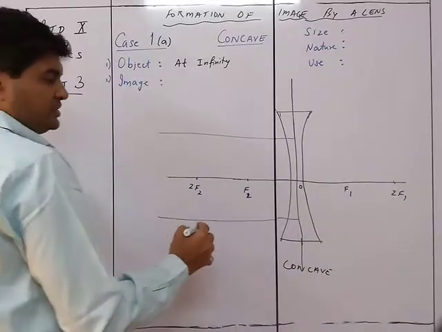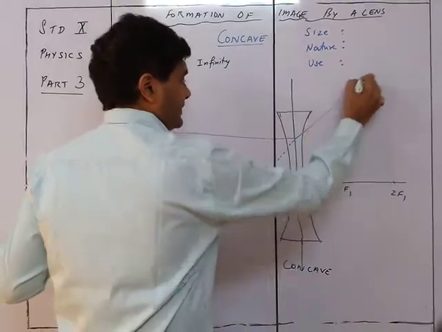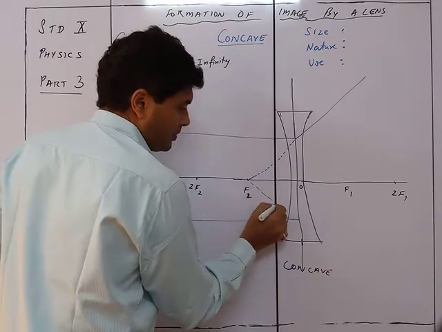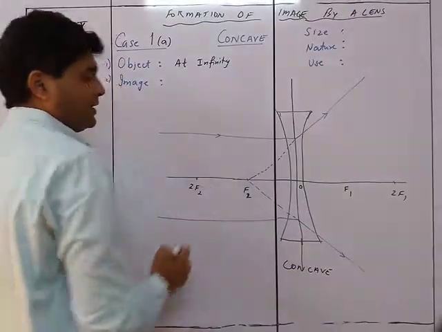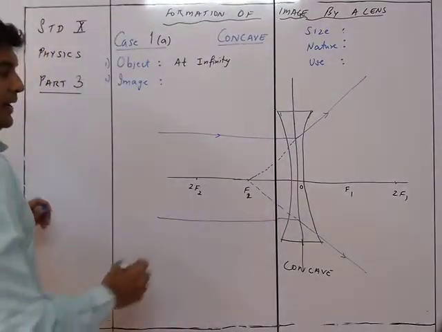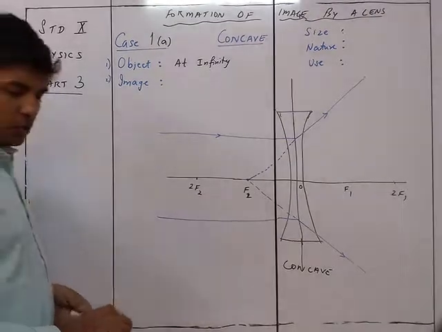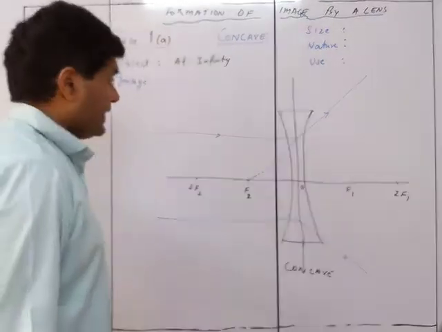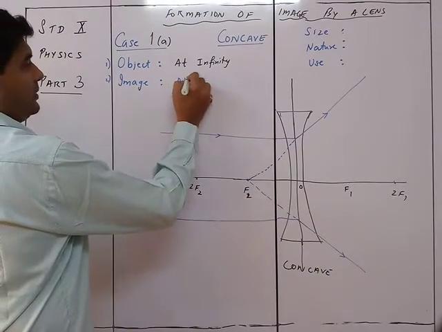They are going to diverge such that they are going to pass through F2 like this. So this is the required ray diagram where the image will be formed virtually at F2. So that is the thing, image at F2,